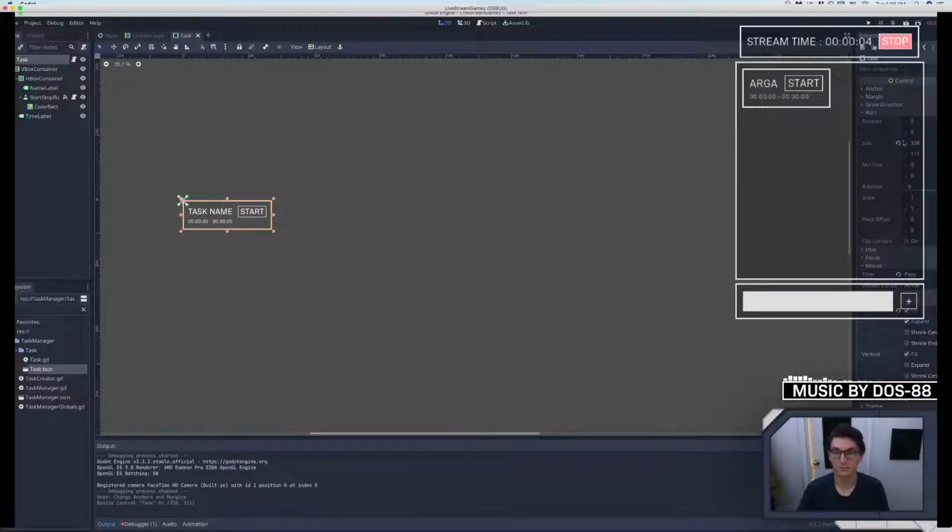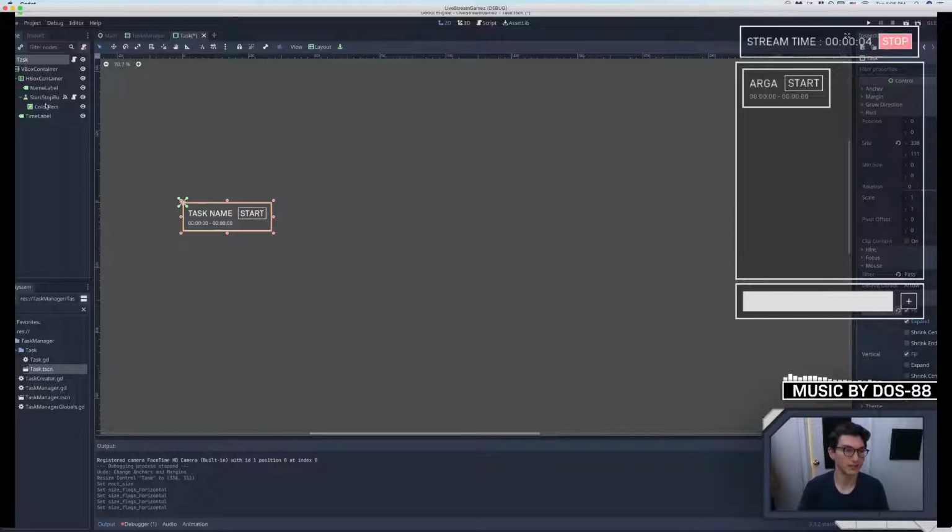I mean, that's odd. Why is it not doing that? So it should expand to fill horizontally. But as you can see, it is clearly, oh, maybe it is, but,